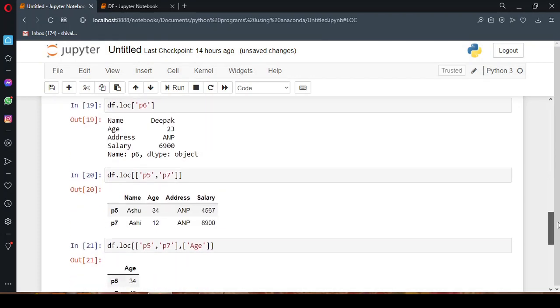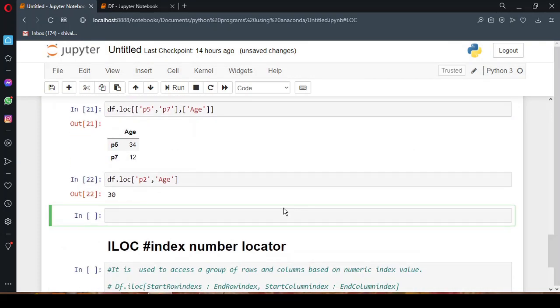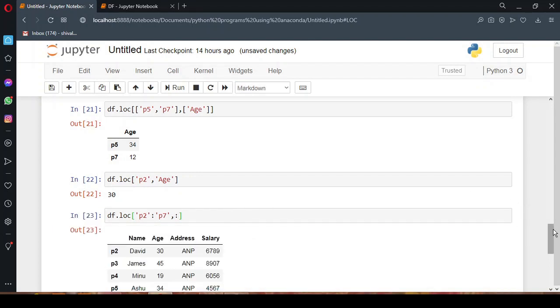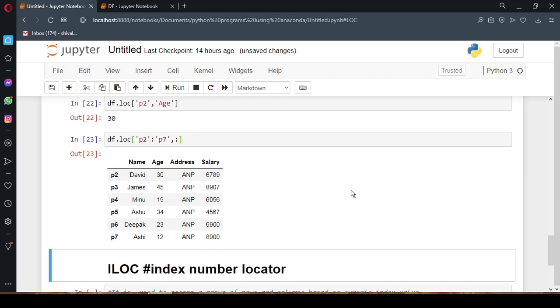What will you do? In that case, we are going to use slice, and then here I'll take P2, and then using this slice I'll take P7. Okay, now as you know, this is for the row part and then separating with the comma, if I want all the columns, then I'll use this, if you remember. And the alternate to this is,